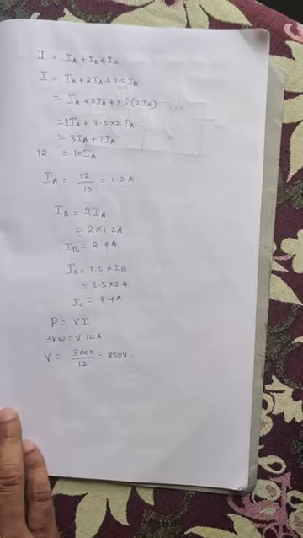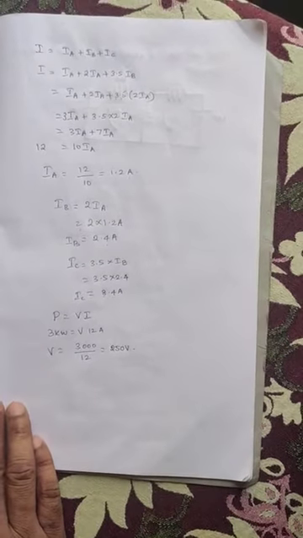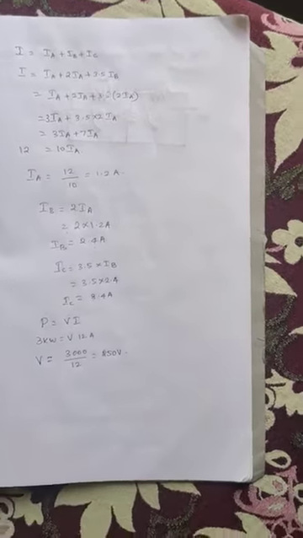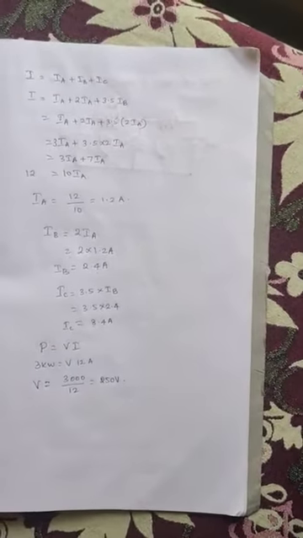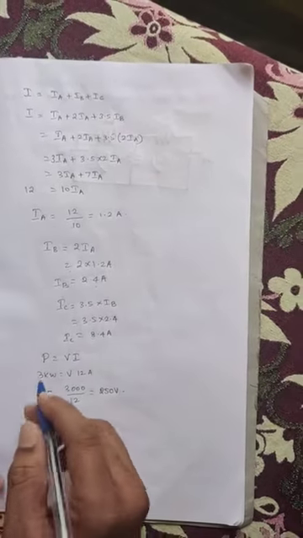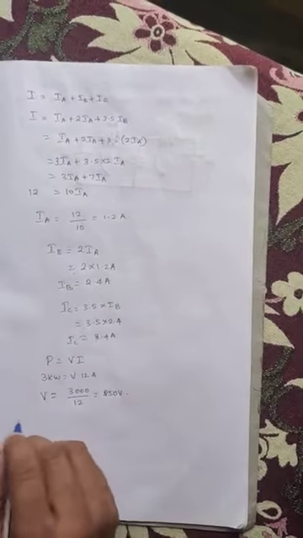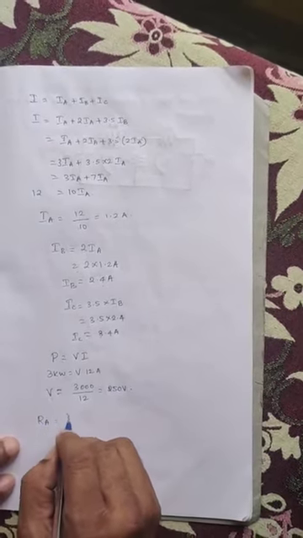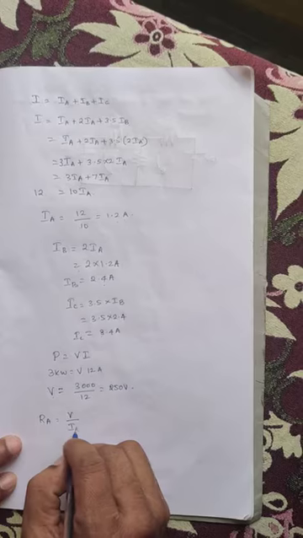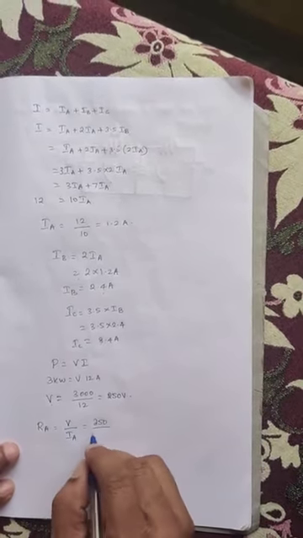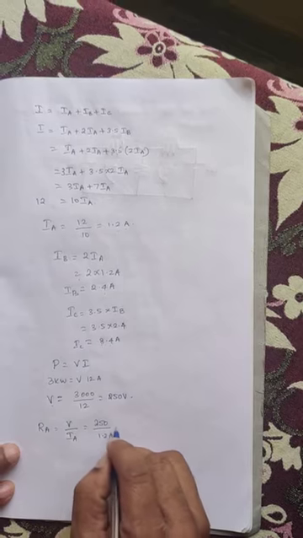So next we are going to find out the individual resistance value. So individual resistance values RA, RB and RC should be calculated. So once you know the voltage and the current of each load, then it is easy to calculate the resistance value. So RA should be equal to V by IA. So V is 250, IA is 1.2 amperes. So it will be